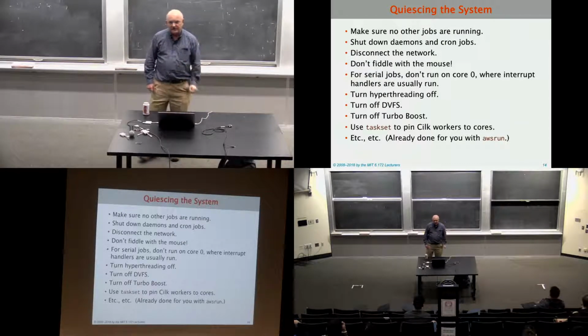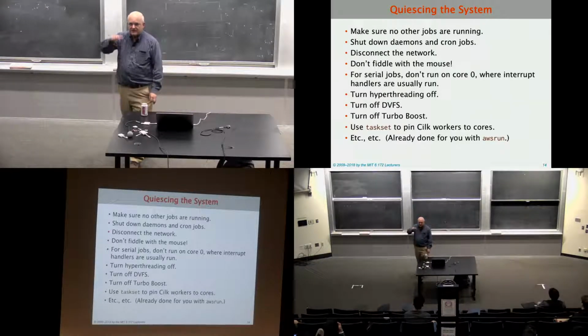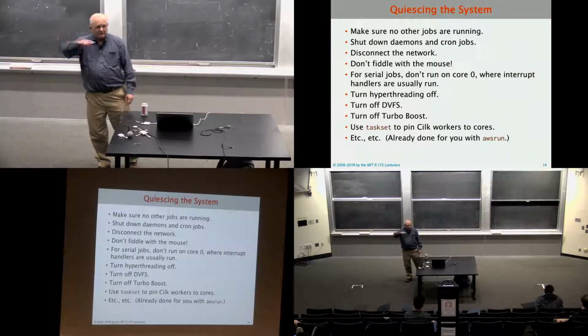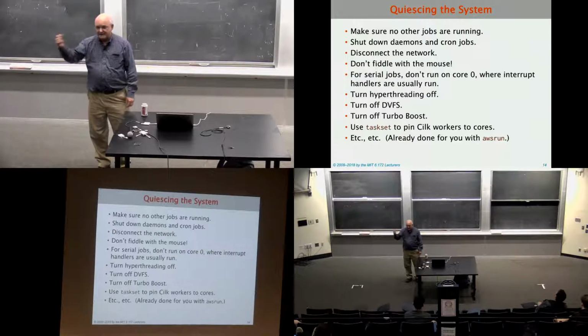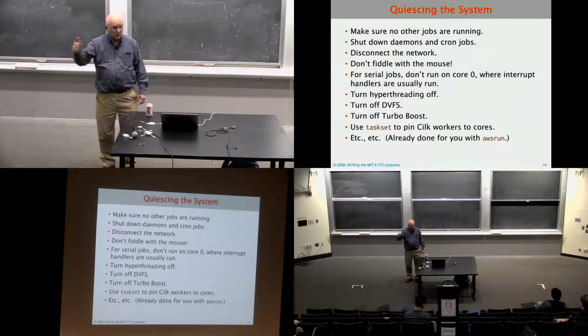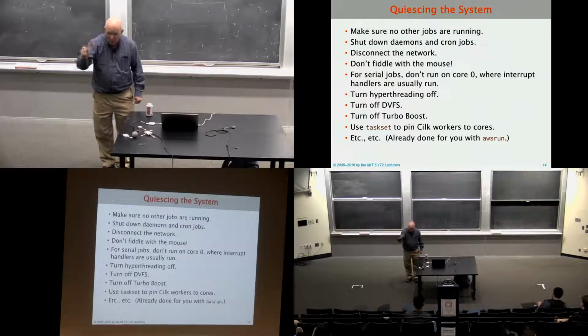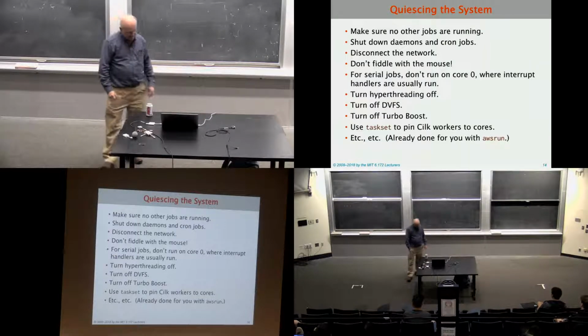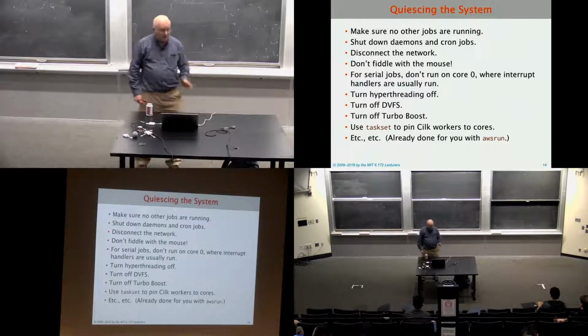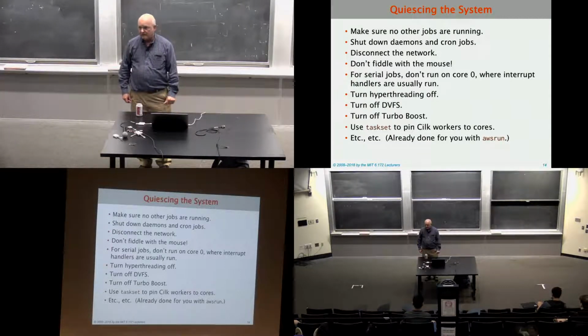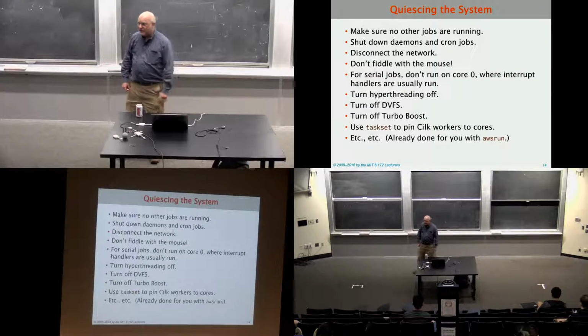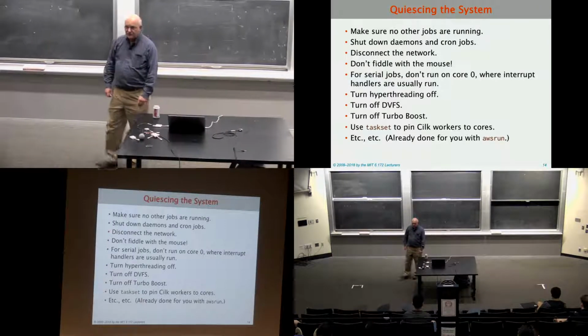So taskset is a utility that says, I want you to run this thread on this core and don't let the operating system bounce it around. Normally the operating system maps threads to cores, the Cilk workers to cores, in any way that it feels like. This says, nope, I want you to have it exactly here so that when I run something else, it's exactly the same thing. And so forth. And we've already done a lot of this for you for AWS Run. Okay? By the way, there is no way of getting a completely deterministic